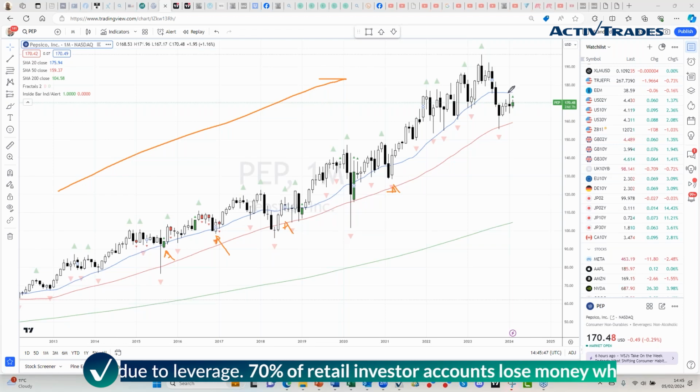But also, where we are at the moment, we can see that the 20 acted as really lovely dynamic support there, didn't it? But we've broken beneath it and bounced off the 50, and now the 20-period moving average is going sideways, and last month acted as resistance. It flipped from being support to resistance, and we have PepsiCo earnings at the end of this week,